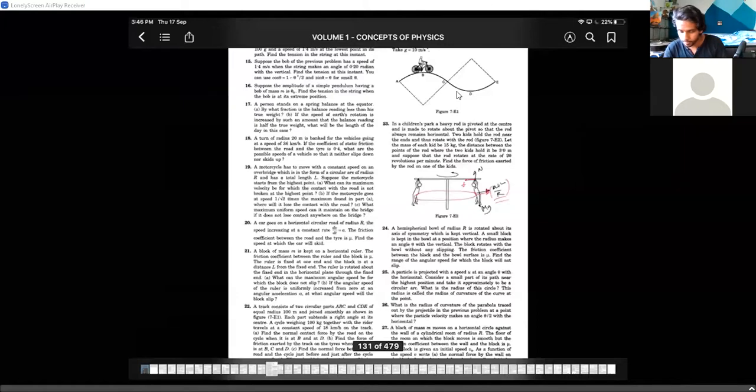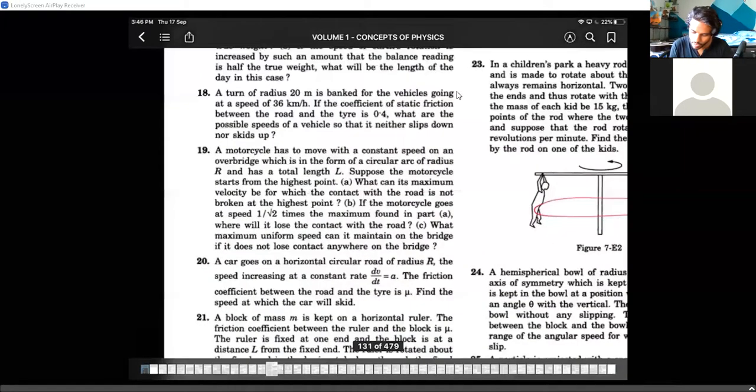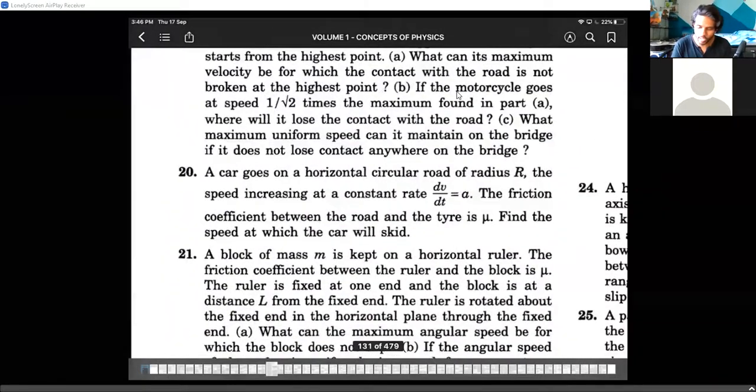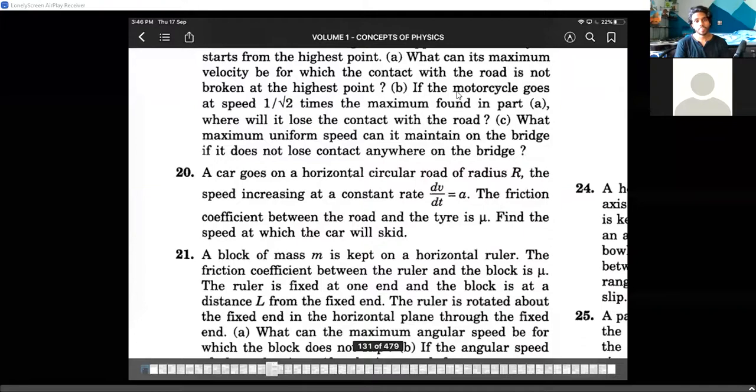One more idea. Has anyone tried question number 20? Just look at it. This is where we started this idea in the beginning, but we left it there. I told you people that we will come back to it. What is that concept? Do you remember the idea where we talked about circular motion, but we took an example saying the speed is always constant? So we only considered uniform circular motions until now.